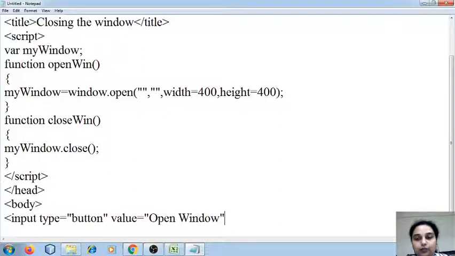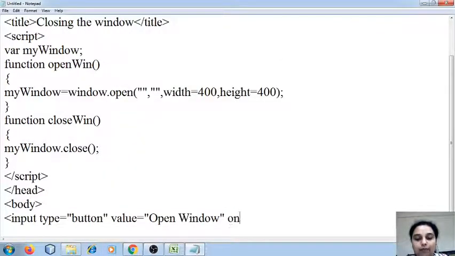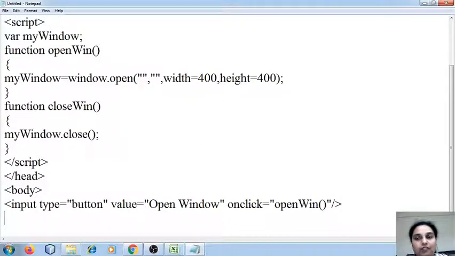This is the value that I am going to give. And then onclick, what should happen when I click on the button? It should open a new window, right? So I'm going to give the function name open win. Okay, so I have created one button for opening.